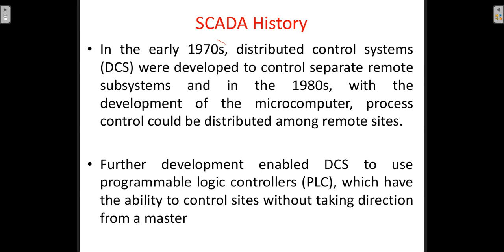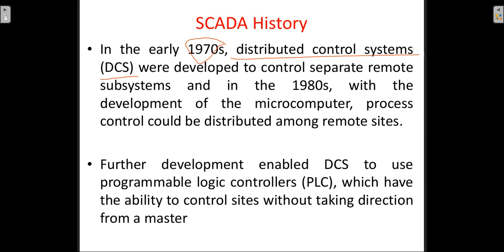And as I've already made a mention earlier, right? So with the advent in the semiconductor technology, early 70s, we call them as the distributed control systems, DCS. Distributed control systems were developed to control separate remote substations. And in the 80s, with the development of microcomputers, process control could be distributed among the remote